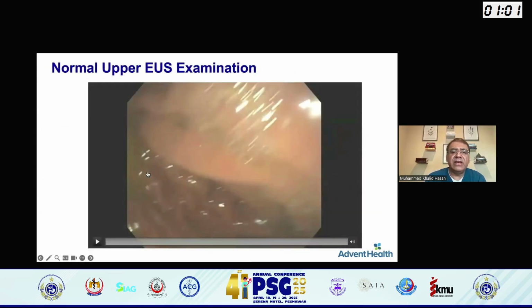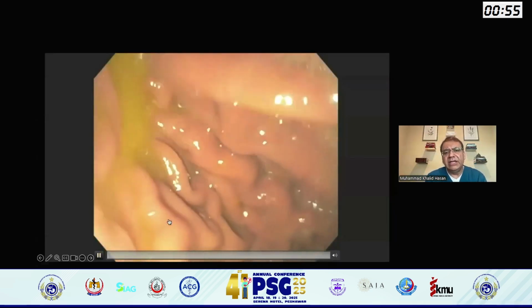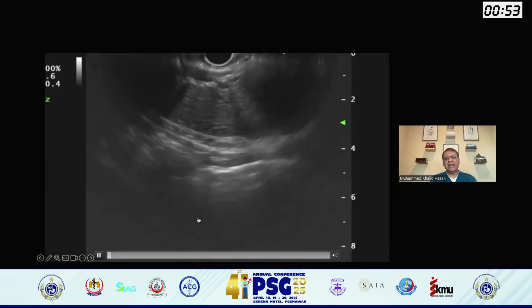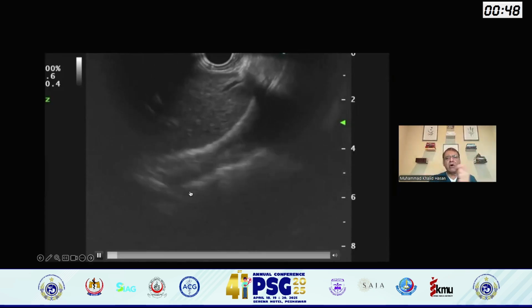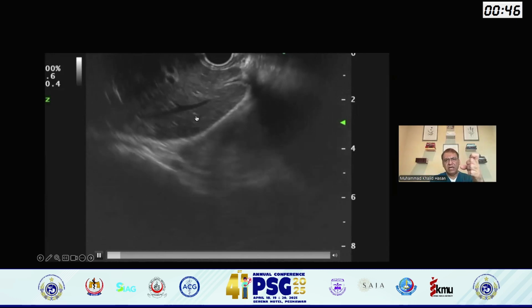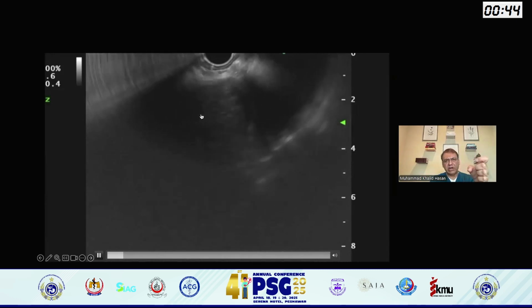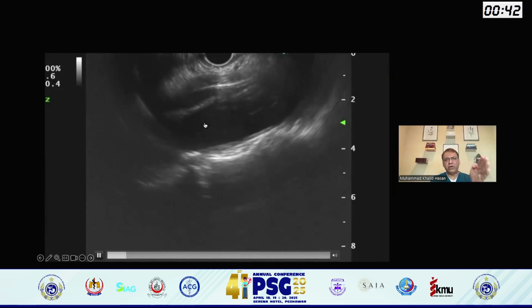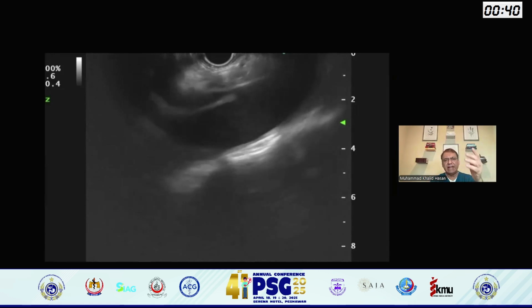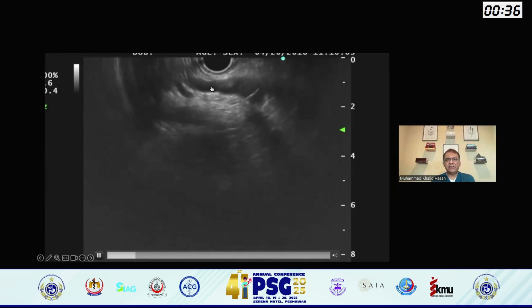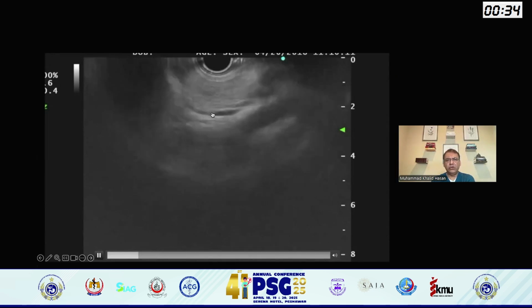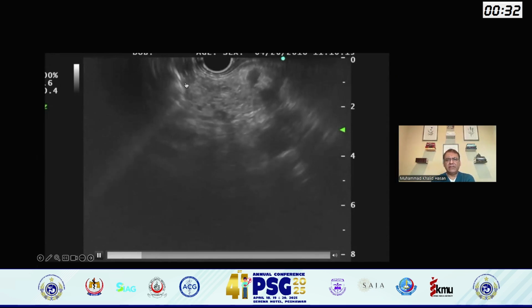Moving next, I'll spend a minute on this or so. This is the complete EUS examination. You see what I was saying, going to the opposite wall of the stomach. Now I'm at the big wheel towards me, suctioning the air out, which takes me to the left lobe of the liver, rotating the scope to the right and left to find the aorta. This is my celiac. Following that, this is splenic. Following splenic takes me to the pancreas itself.